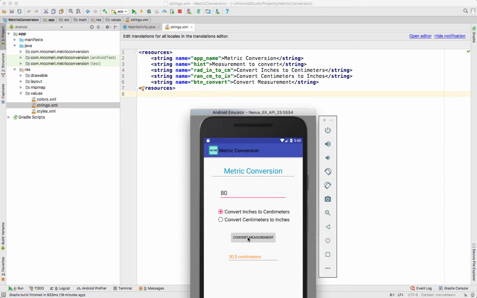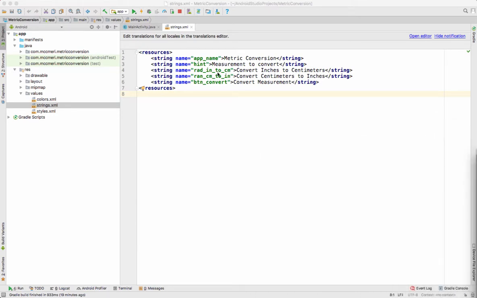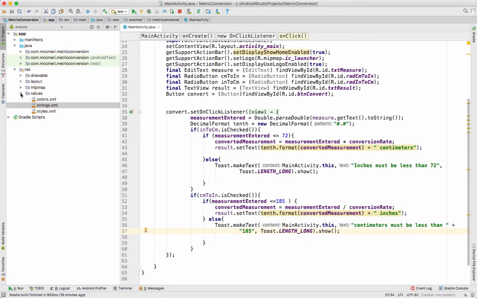And then a button convert. Those are the strings that we're going to need. And so I'm going to pull that off to the side for a minute. And then you're going to need to set up your